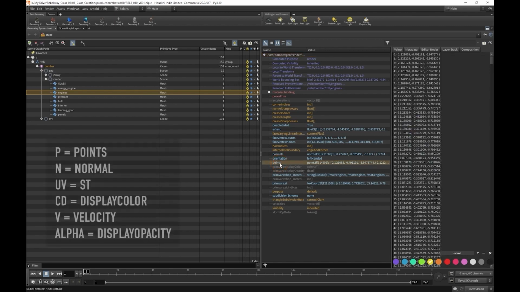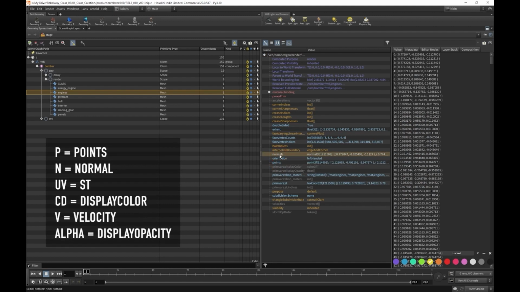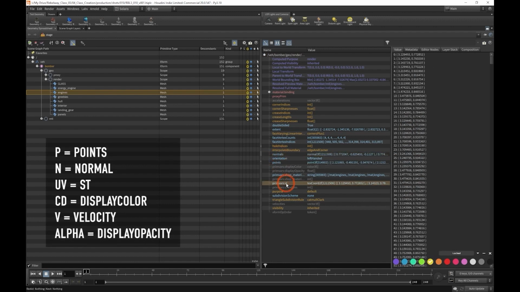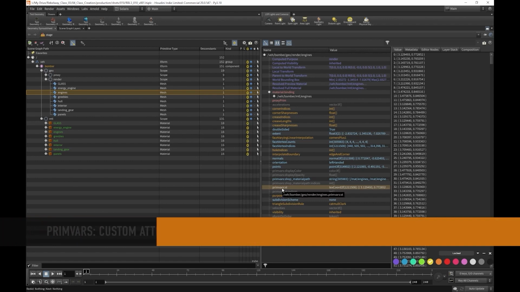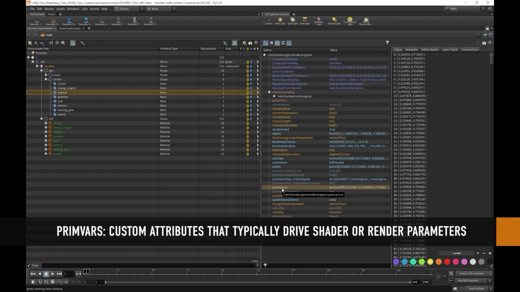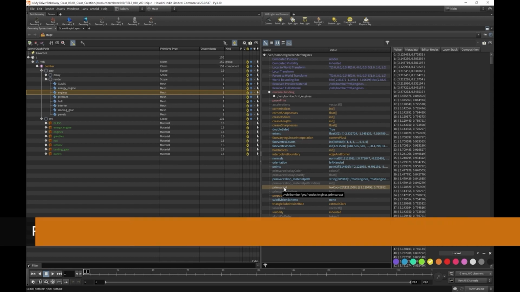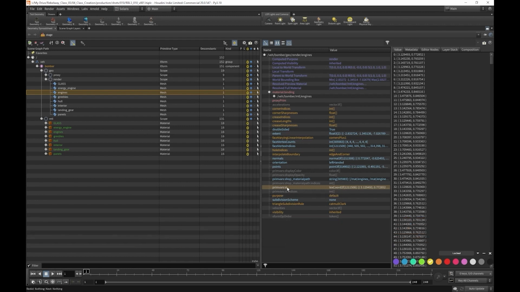We have the points attribute right here. This is our P position. We have our normals, our N. We have our UV maps, which is an ST here. We can also notice that this attribute has a primvars prefix. Primvars are custom attributes that typically are used to help drive shader and renderer properties. We'll take a closer look at primvars in week 3, but UVs currently live within this primvar, this custom attribute,